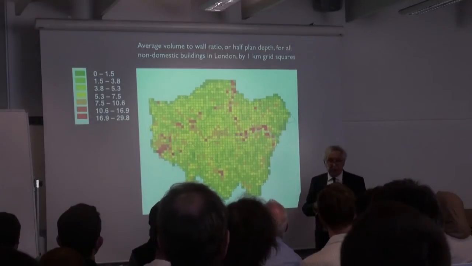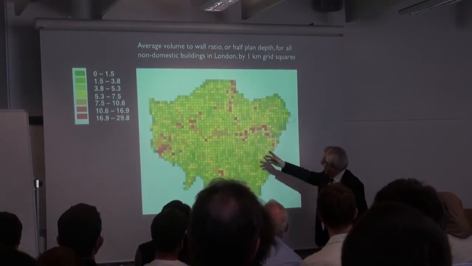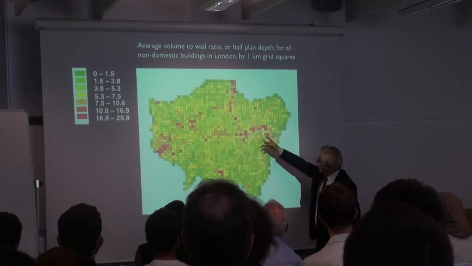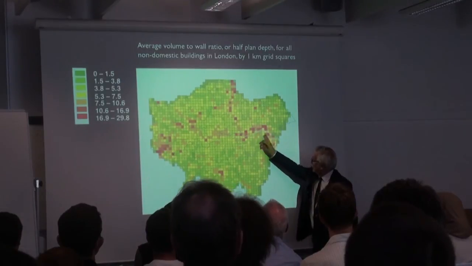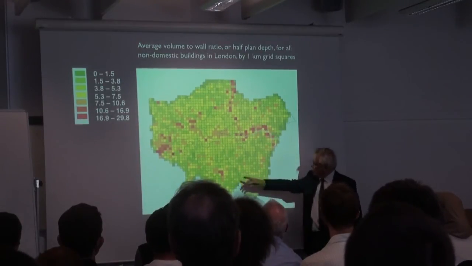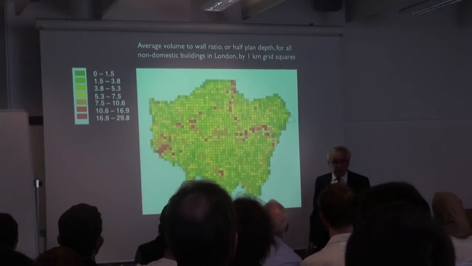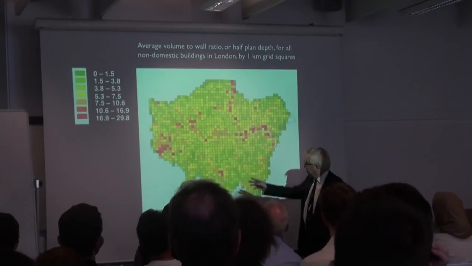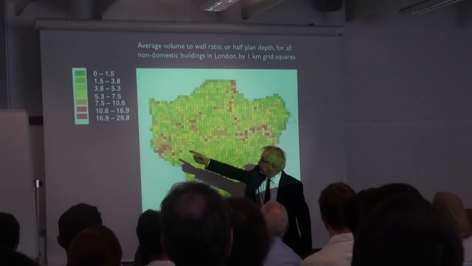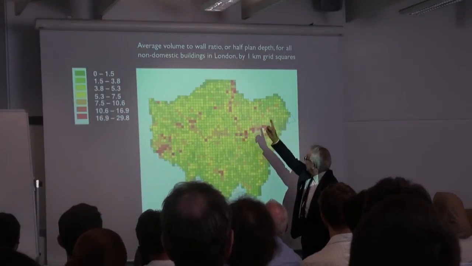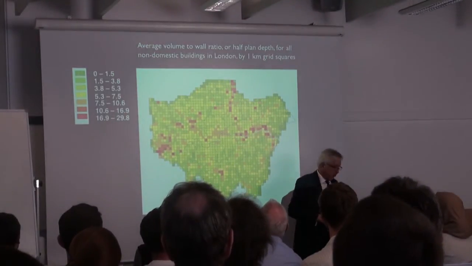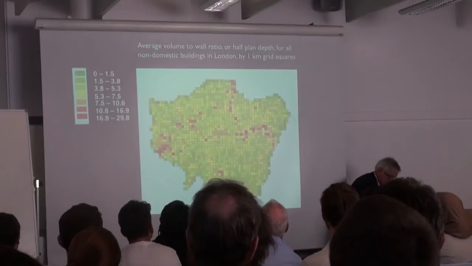And when I first looked at these results, I thought, this is strange. I mean, in the city, this is plausible. This is Canary Wharf and down the Thames. Okay, that's plausible. This is Croydon, so that's some tall offices there. But what are all these deep buildings in Heathrow and up the Lee Valley? What are they doing? So, if you look at the maps,